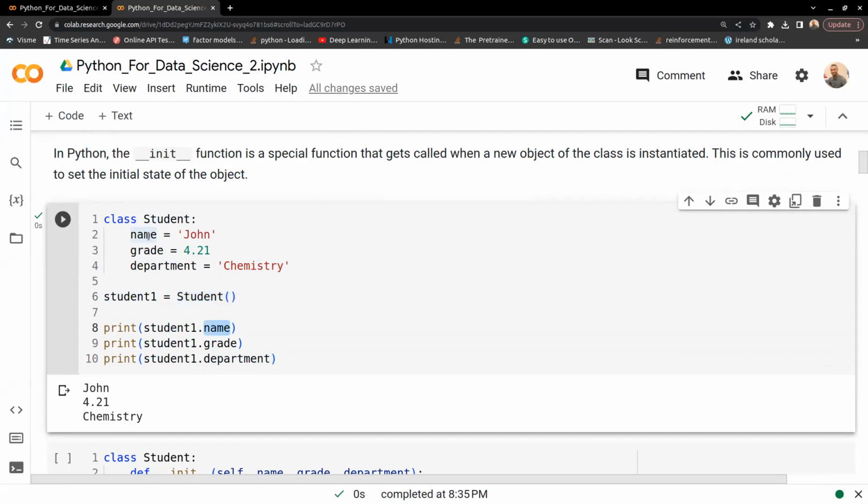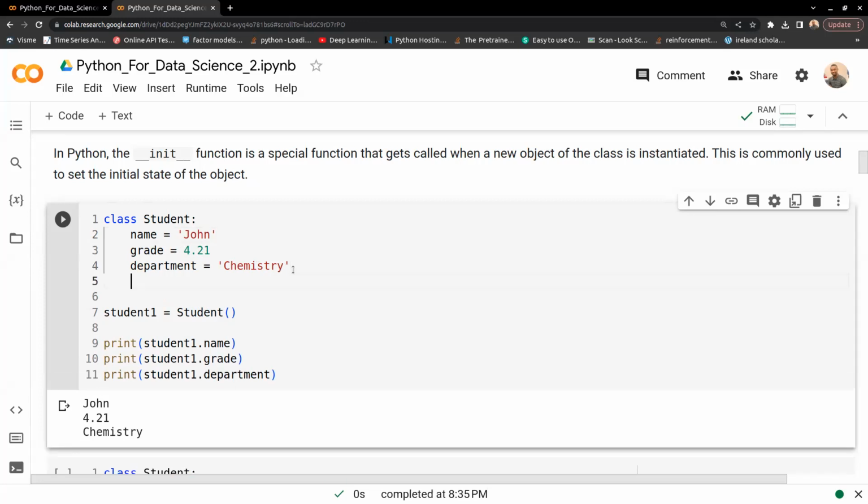Remember, in the first illustration, we use X, right? So now the attribute of a typical student is name, because every student must have a name, unique or not, but a student must have a name. And the grade, 4 point, just a student would have a grade or a department. And let's say matric number. Yeah, matric number is also something very important. So let's say matric number,